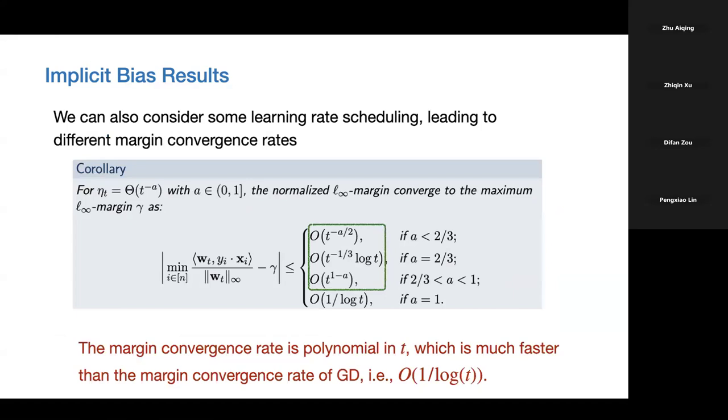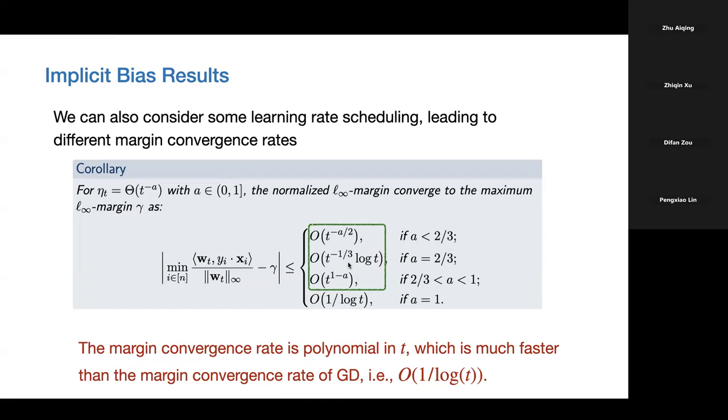So here we just consider a specific learning rate scheduling. We consider the learning rate decay, which is a polynomial decay in the order of t to the power of minus alpha. And then we can show that for different regions of alpha, we can get a different convergence rate in terms of the margin. The good thing is that if we consider a relatively good learning rate scheduling, like if the learning rate schedule is slower than 1 over t, which is the case of alpha equal to 1,